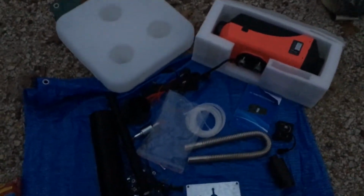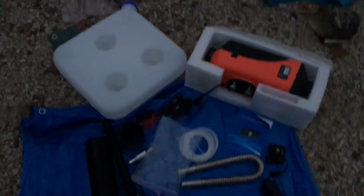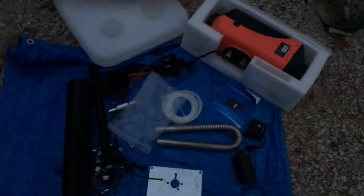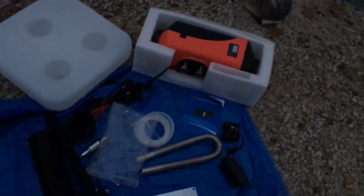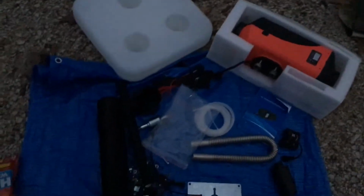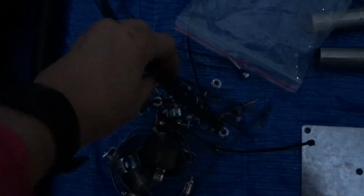Right here is a diesel heater. Instead of putting a hole through the ceiling and running that in it, I've got that all set. I could use that if I wanted to. Instead of using that, I am going to run a diesel heater, and these are all the 1,000,001 parts. And like Slim Potato Head said, the directions are very, very difficult, and I've got to figure this out by